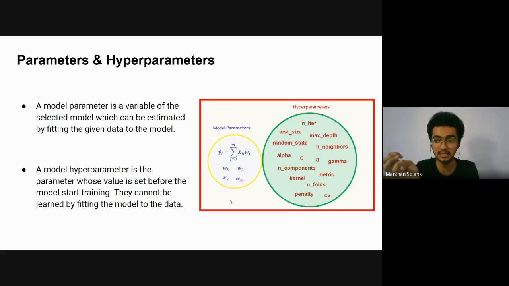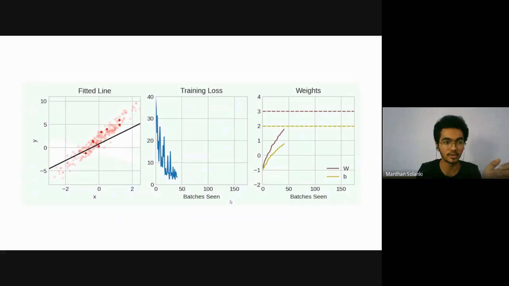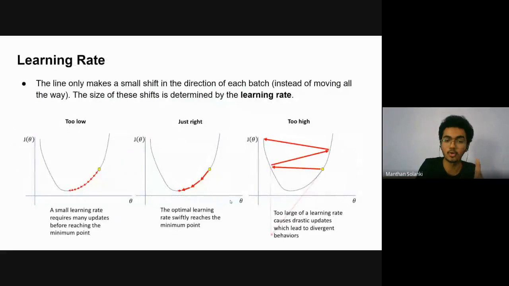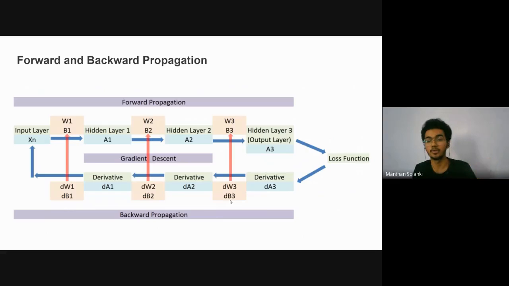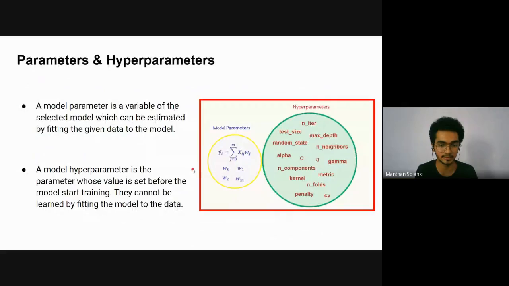What is the test size? What is the length of the training set? What are the hidden layers, and how many neurons in each layer? These are called hyperparameters. Learning rate is also a hyperparameter because we have to define it before training. There are some optimization algorithms available which set the learning rate automatically, but learning rate is a very important hyperparameter that we have to take care of during our training task. So these are parameters and hyperparameters.